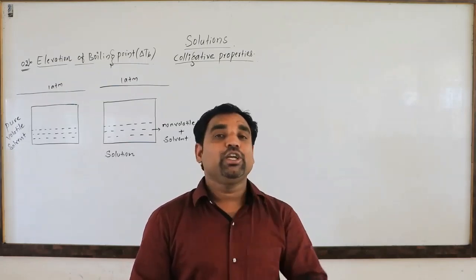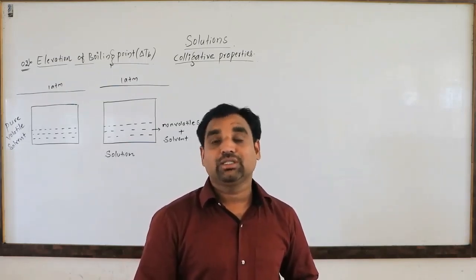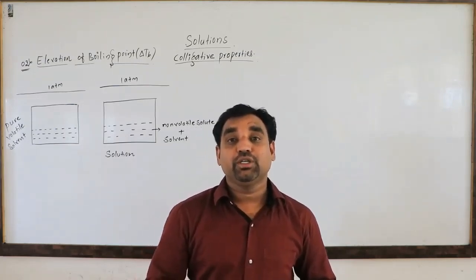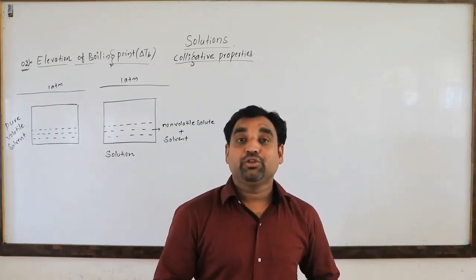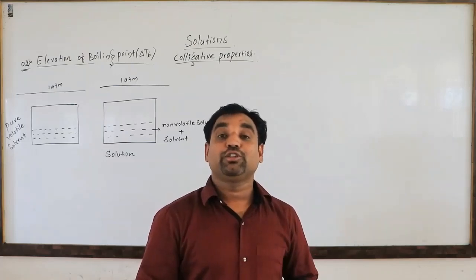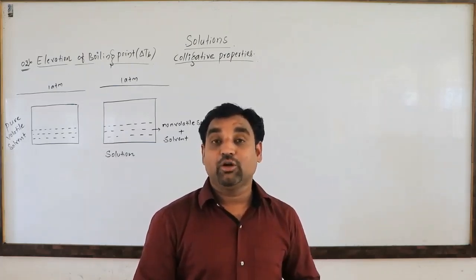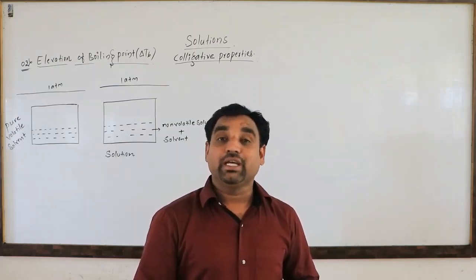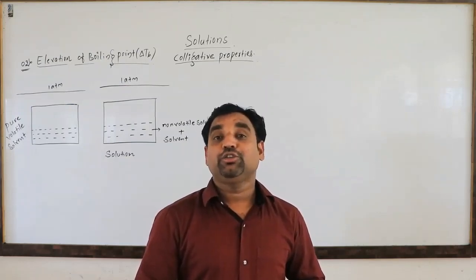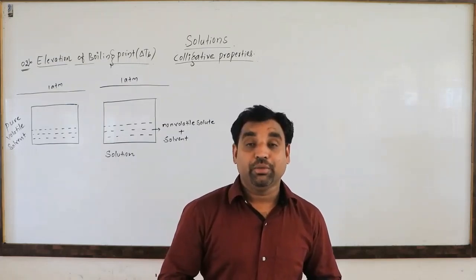And there are four colligative properties. One is relative lowering of vapor pressure, which we were discussing in the last class. In case of relative lowering of vapor pressure of a non-volatile solute, it is equal to the mole fraction of the solute, that is P1 naught minus P1 divided by P1 naught is equal to X2. Using that we calculated the determination of molecular weight of solute from the relative lowering of vapor pressure.